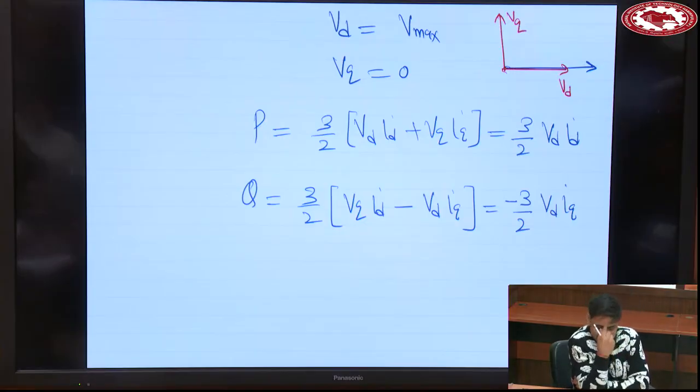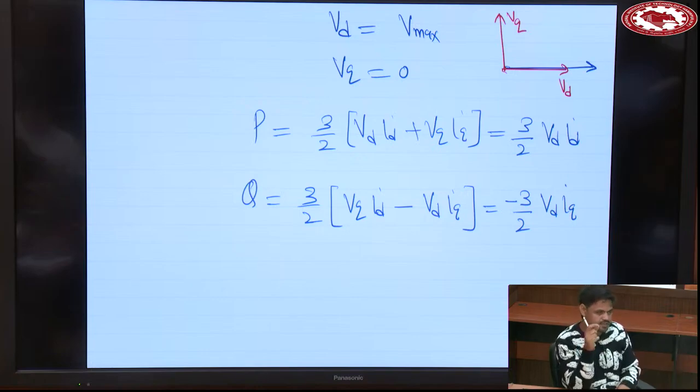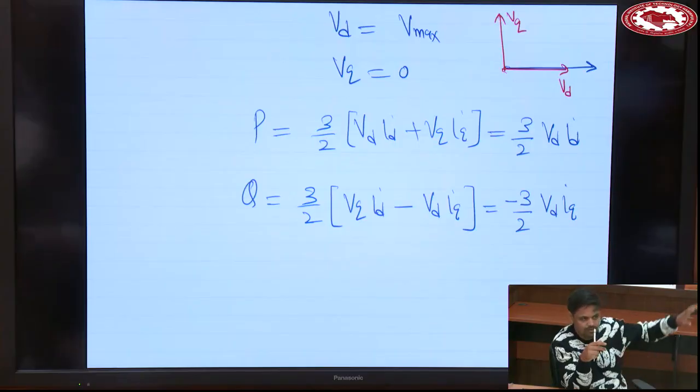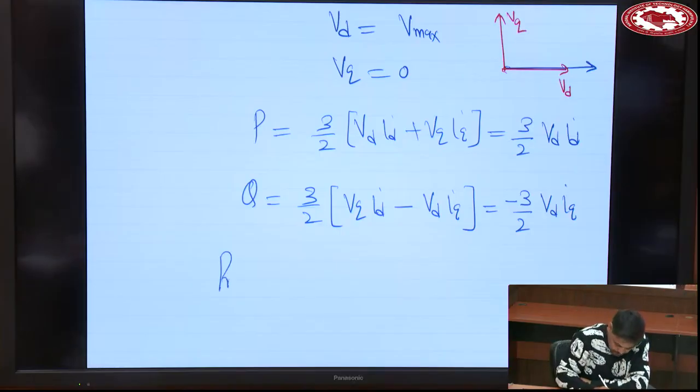Sir has discussed one term, that is power control via current. So if an inverter is connected to the grid and you are instructing the inverter to feed some amount of active power into the grid, suppose 10 kilowatt to be injected into the grid, or some 5 kVAR reactive power to be supported to the grid, this command will be coming from the user or power plant operator, that this much power be injected into the grid. So if P ref and Q ref are given,